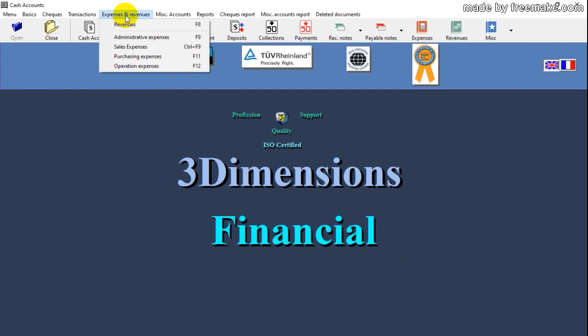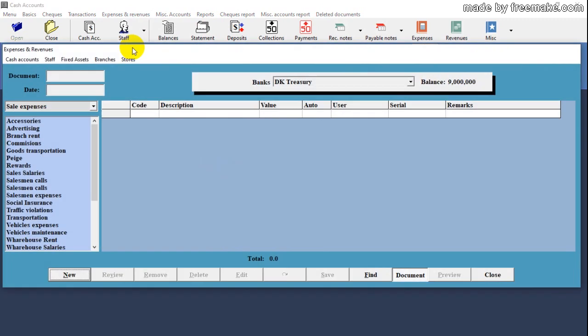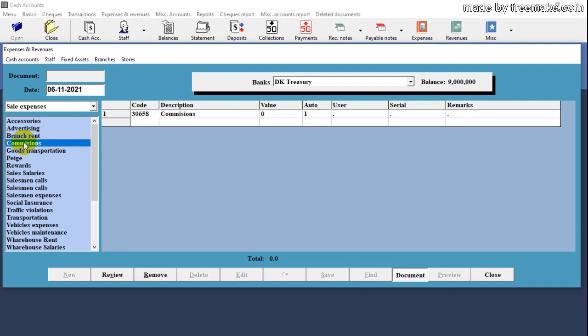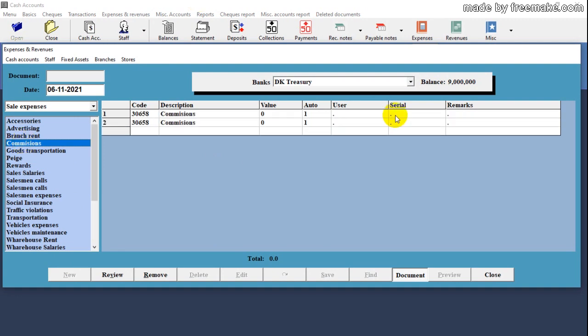Also, for expenses. Expenses is categorized to administrative expenses, which also called general expenses, sales expenses, purchasing expenses, operation expenses. All is the same. We will take something like this. Sales expenses, I will say new. For example, if I give my sales department commissions, I can write like this, and I will choose the name,